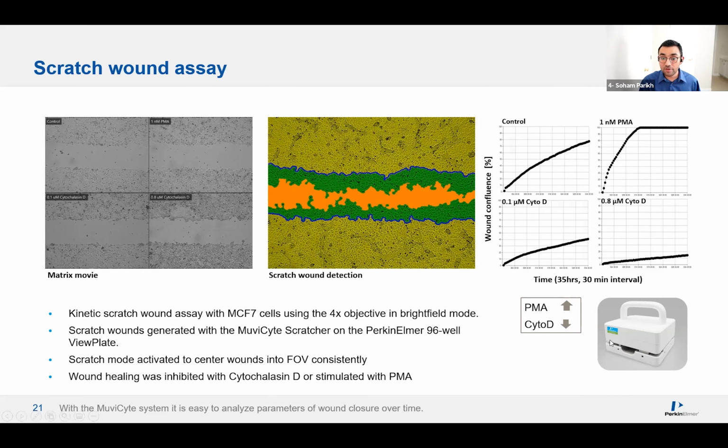If you are performing any scratch wound assays or thinking about performing one, this is an amazing tool. What you can do with this is seed your cells in a 96 well plate. Once they are confluent, you just put them on this tool and make the scratch. You have 96 dedicated reproducible scratches throughout your plate, and then you throw it on the MuviCyte, and there